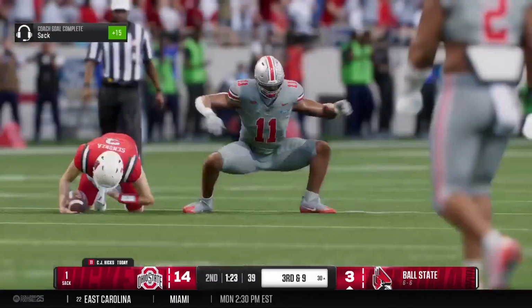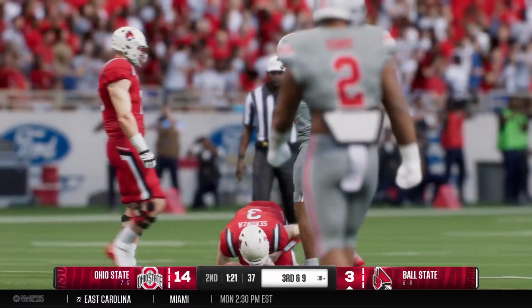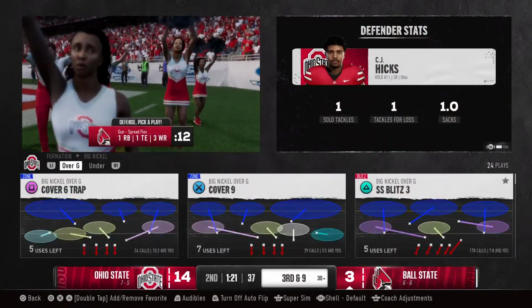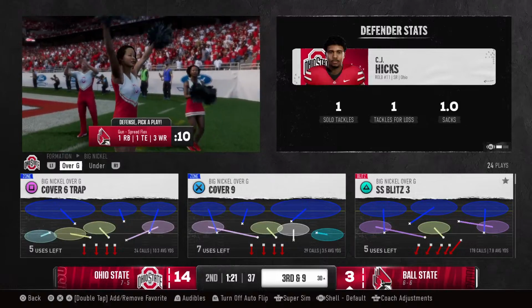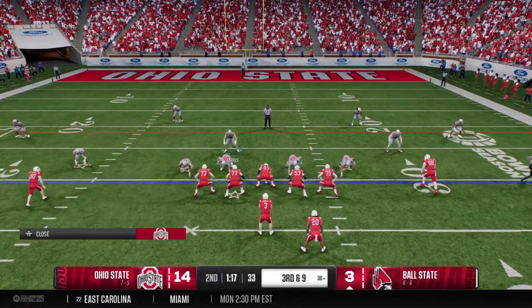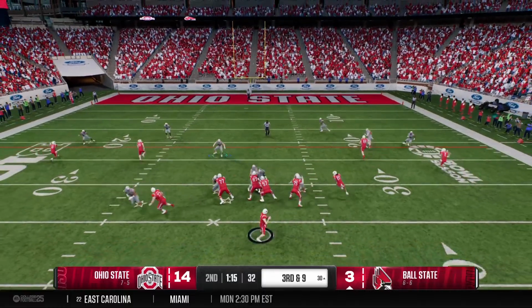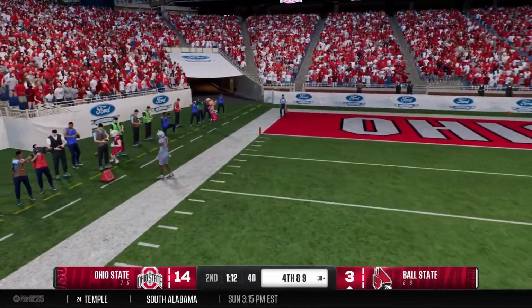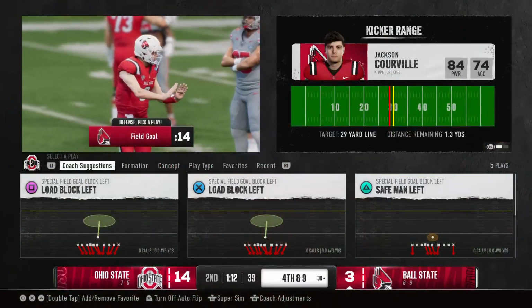Pressure is on the way, and the pressure has arrived, and down he goes at the 30. When linebackers blitz, not only do they have to be able to beat offensive linemen, but they're going to have to beat running backs and tight ends. You've got to have moves in your repertoire, and that linebacker showed that there. Throws to the wideout. And the third down pass is incomplete. And the offense got...